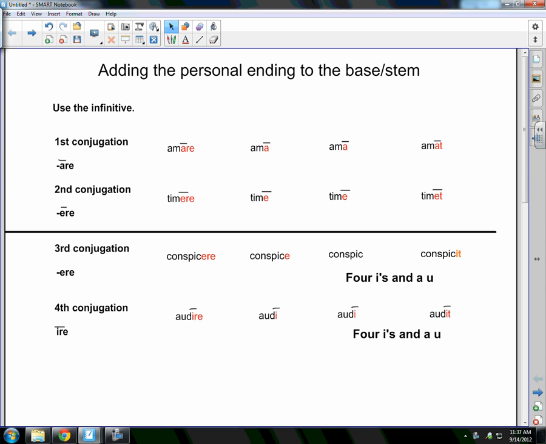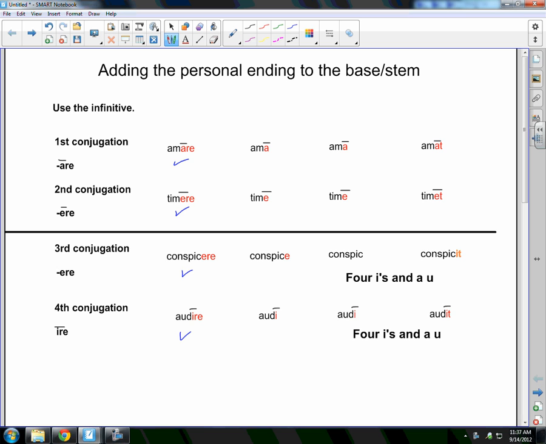Today we're discussing how to come up with the endings that we put on the end of verbs. The first thing that we do whenever we're discussing the endings that go into verbs is decide what family that verb belongs to. In this case, we have infinitives like amare, timere, conspicere, and audire that tell us what family